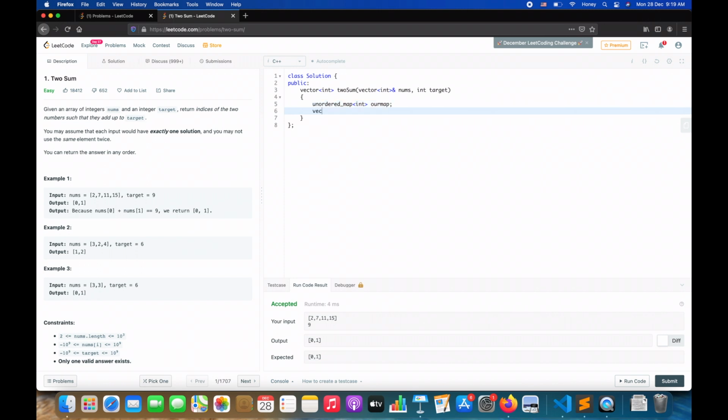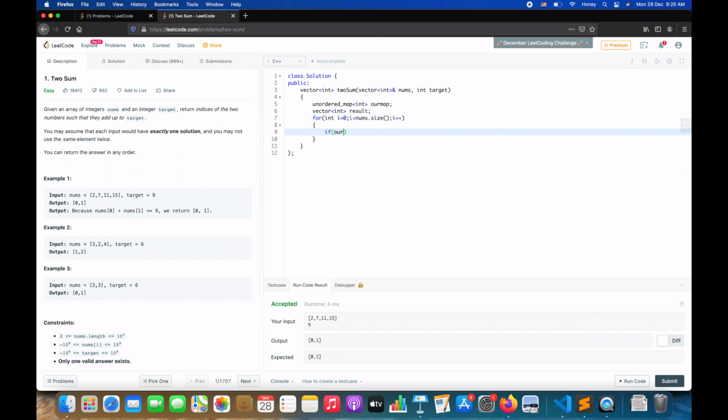Then one more vector, int result, to store the index elements. Now we will run a for loop. I have not declared i beforehand, so I will declare it here. i has to be less than nums.size(), and i++.